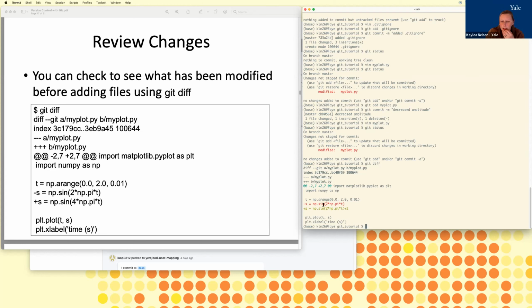So here the minus sign in red, that's the old line, and then the plus sign in the green one is the new line. And if you had multiple changes, it has a way of breaking those out and giving you that summary. One reason I really like to run this before I do a git add, particularly if I've made a substantial code change, is that you generally don't want to commit